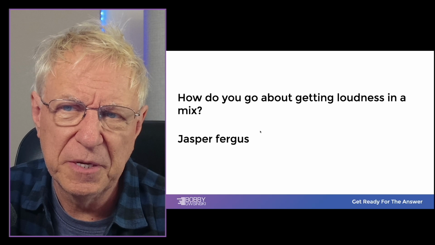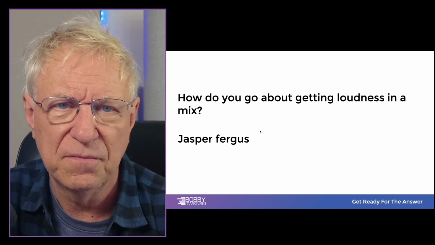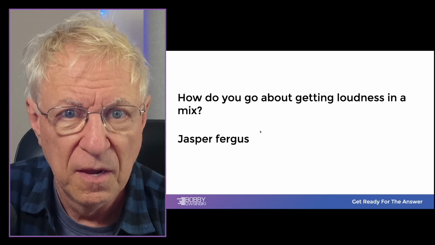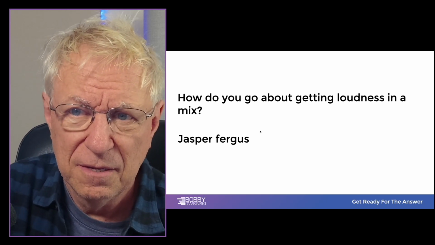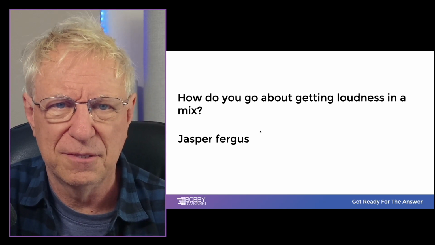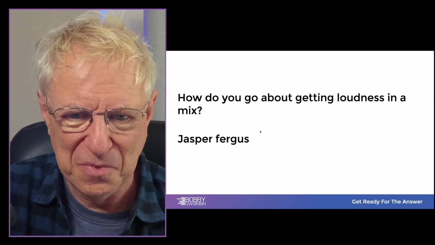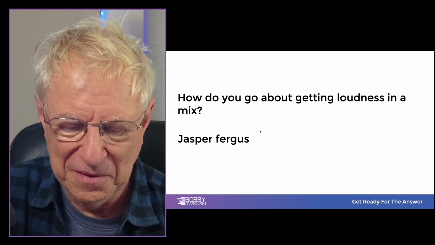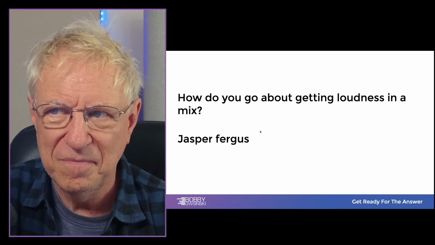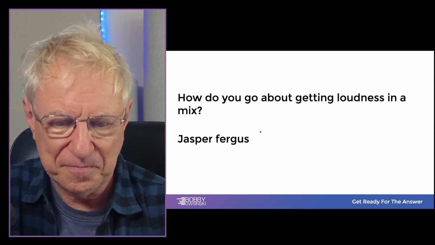So most of the work is being done by the compressor, and the limiter is just cutting off the peaks so we don't have a lot of overload. If we do it the opposite way, limiters don't sound too good when they're really pushed hard, so that doesn't work. That's why it's best if the compressor works harder than the limiter. But this combination is the way you get loud mixes.